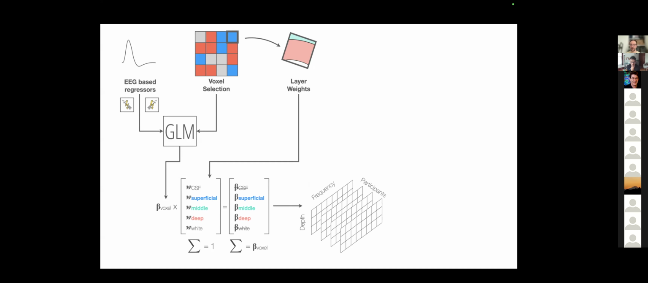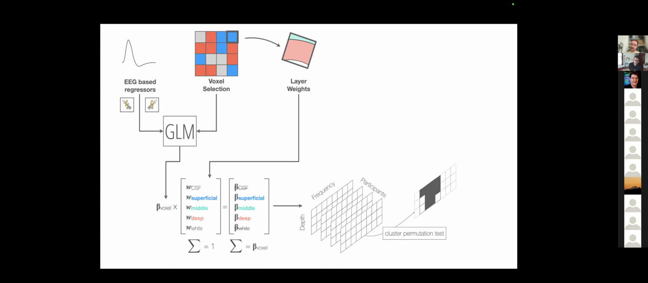And after averaging across trials and blocks and so forth, we end up with a result matrix that is depth by frequency, with depth being those three layers and frequency being whatever frequency band we've just selected. And of course, we have this type of matrix for every participant. What we then can do is run a cluster permutation test on this depth by frequency